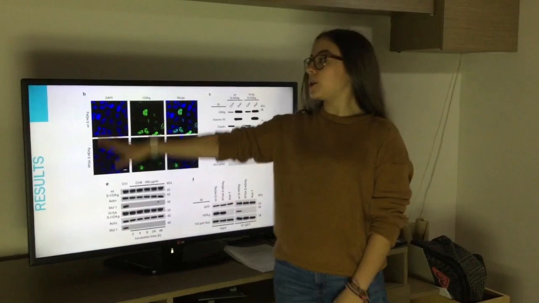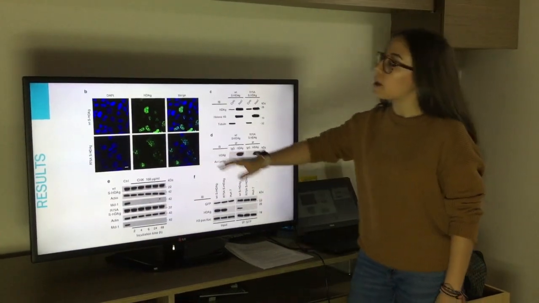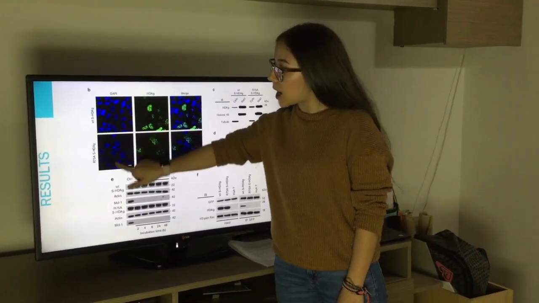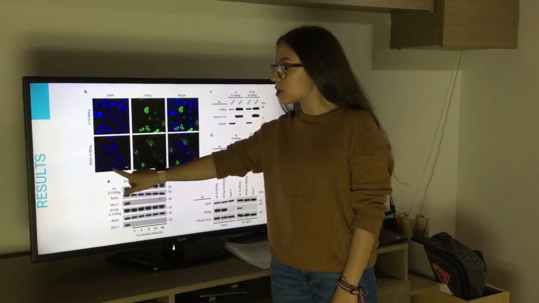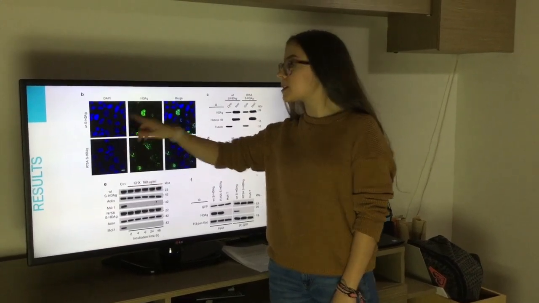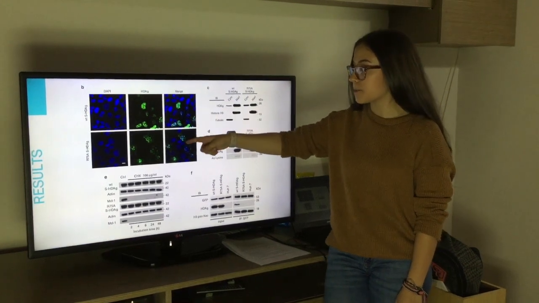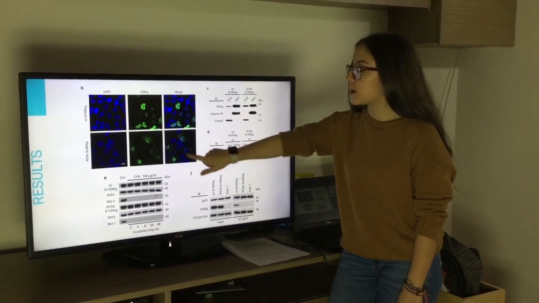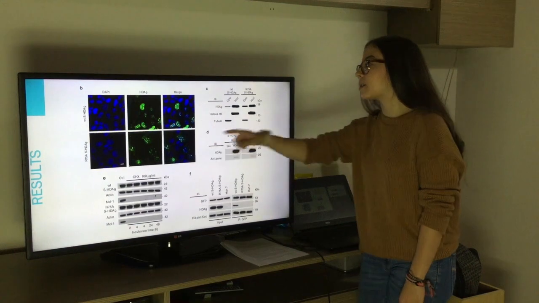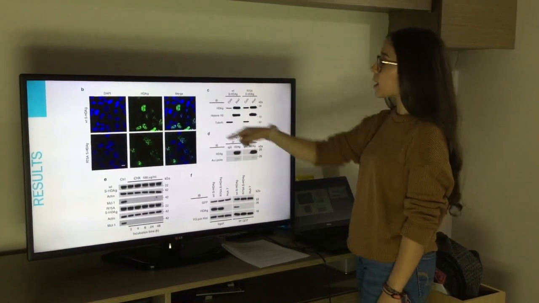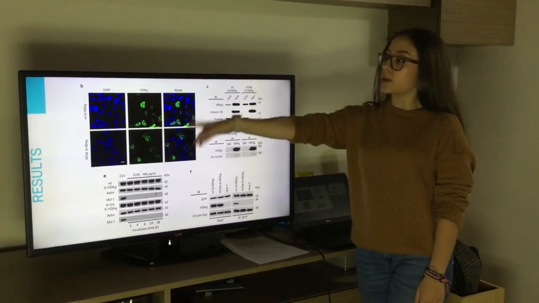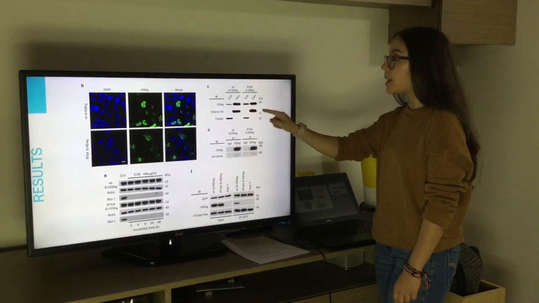Okay, so in here you can see the immunofluorescence, which shows the two types of proteins, the wild type and the substitution one. Using the two techniques, you can see that inside the nucleus you have a similar pattern for both proteins. You can see the green little dots that are both kind of in similar ways. In the second one, you can see that both of the same proteins are shown and expressed in the same